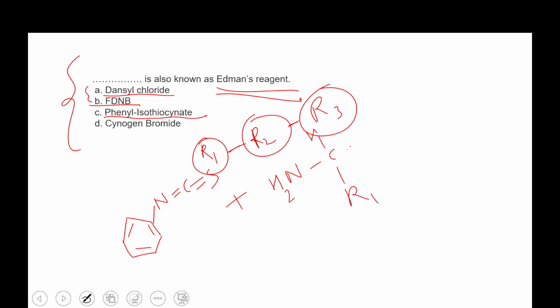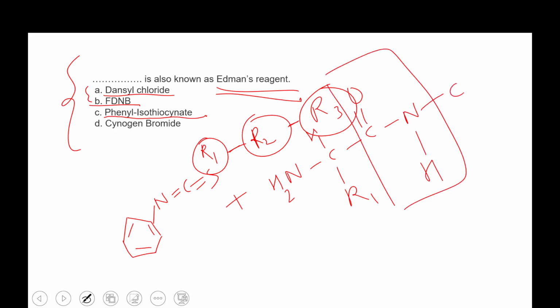We have one amino acid. This is the peptide bond, followed by another peptide bond. Here this phenyl isothiocyanate reacts with the first one, makes a label or makes an adduct,